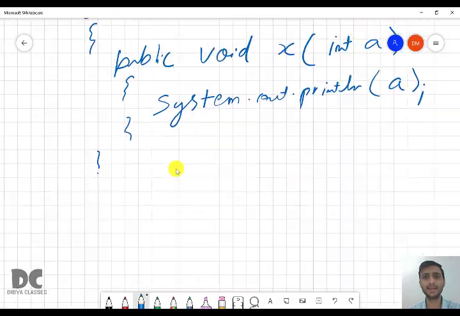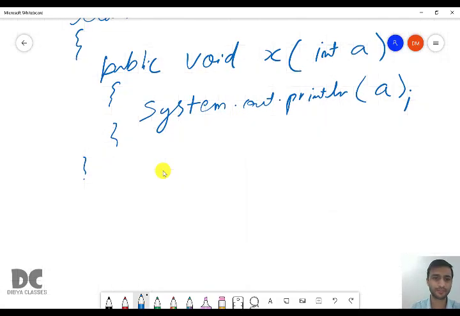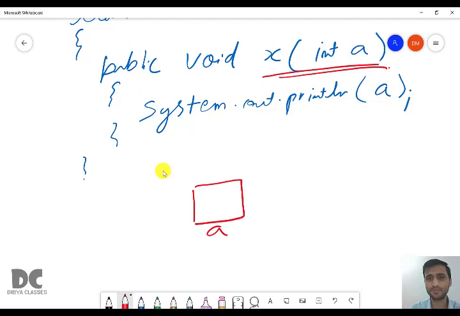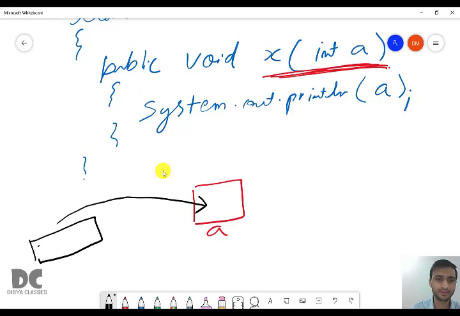Okay, so here what will happen? When int a, this part is executed, here is the variable a, and you will input some value. The user or you yourself will input some value by the help of your keyboard, right?